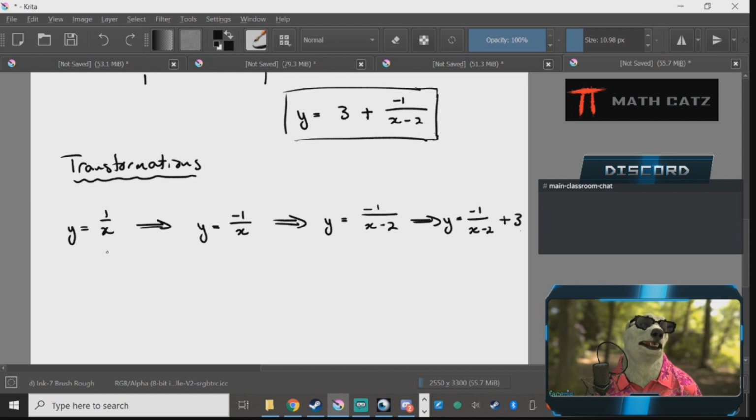So what are the graph transformations? Let's just talk through them. I have a reflection. It's vertical, right? Let's write that down here. Vertical reflection. Then I have a replacement of x with x minus 2. So that is a horizontal shift by 2 units to the right because it's x minus 2. And lastly, I'm adding 3 to the right-hand side, making it a vertical